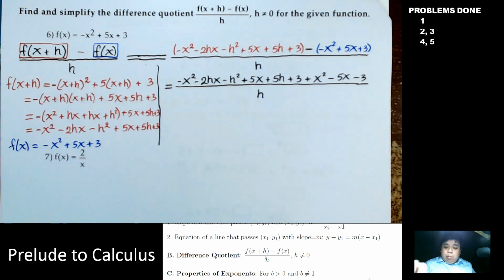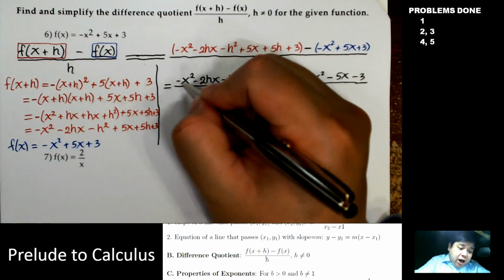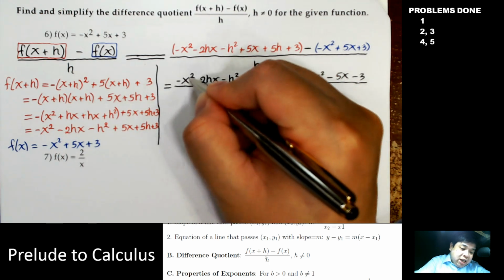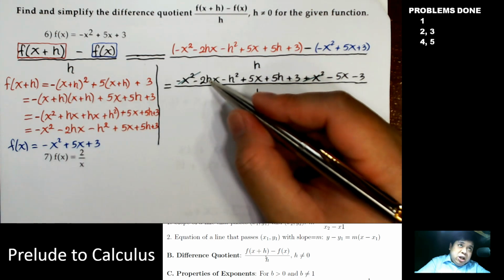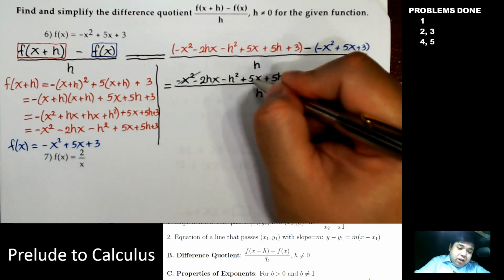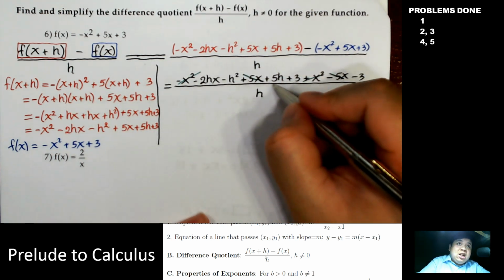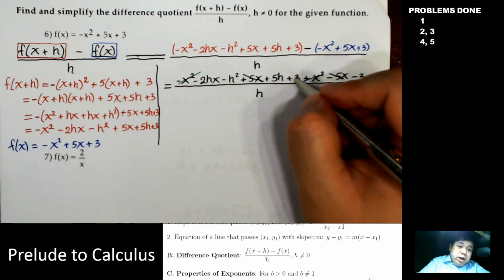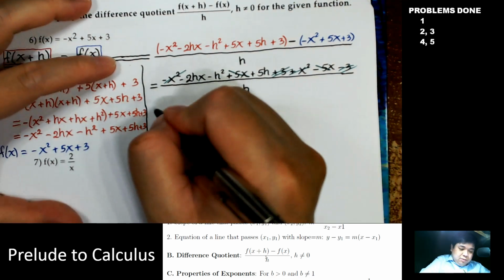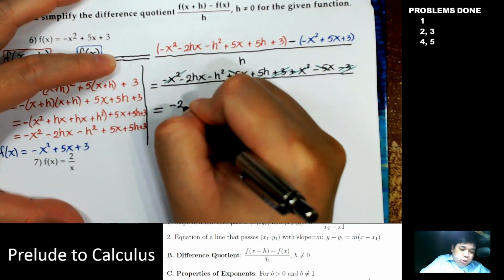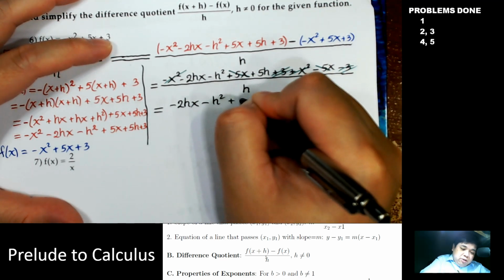Right. The important step here is that we see it should be a lot to cancel out. Whatever doesn't have an h, so this one has no h, we should cancel with something. This one has an h, we stay there. This one, we stay there. This one has no h, we'll cancel with something. This one has an h, we stay. This one has no h, we'll cancel with that. So we have negative 2hx minus h squared plus 5h